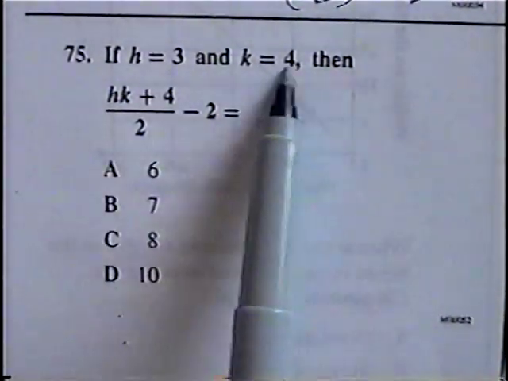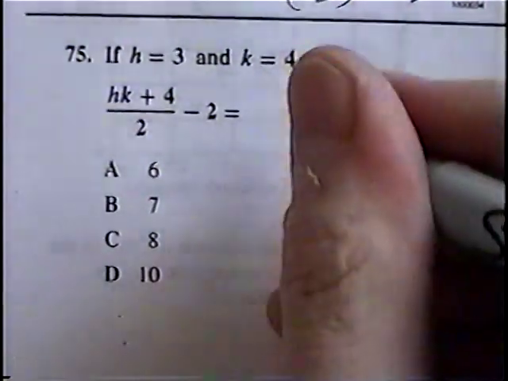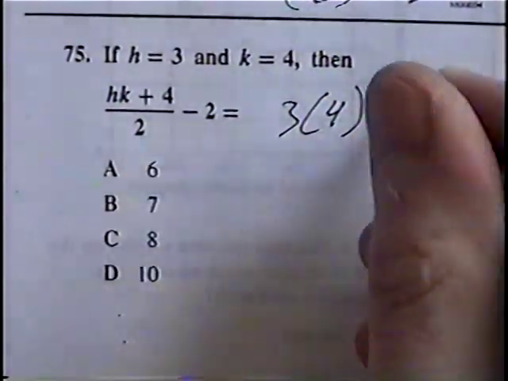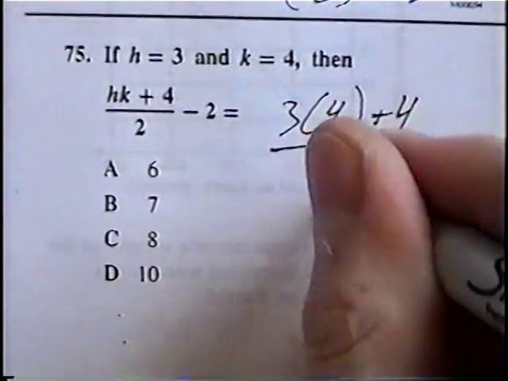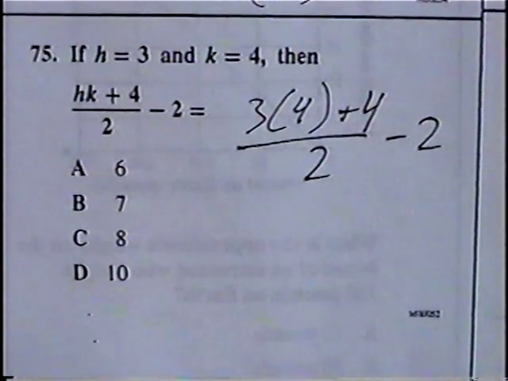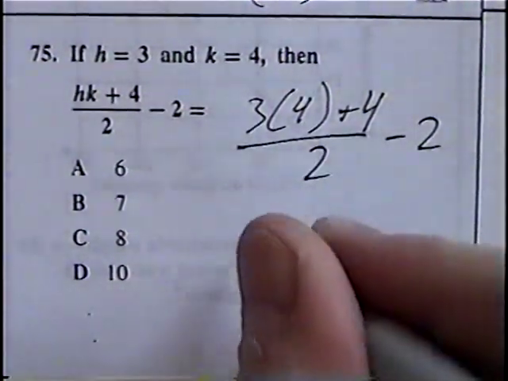For this question, we'll plug in the numbers. H is equal to 3 and K is equal to 4. H would be 3, K would be 4, and then plus 4 divided by 2 and minus 2. Following PEMDAS, we'll multiply first. 3 times 4 would be 12